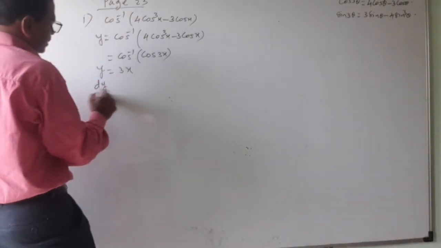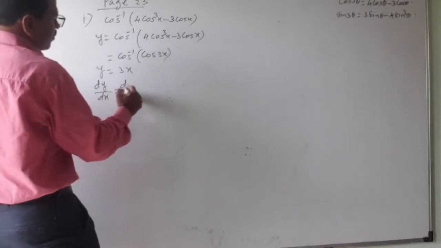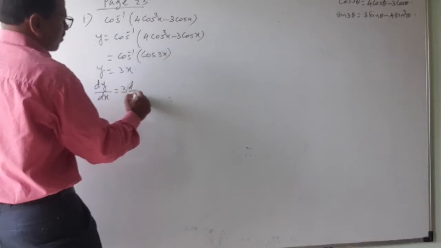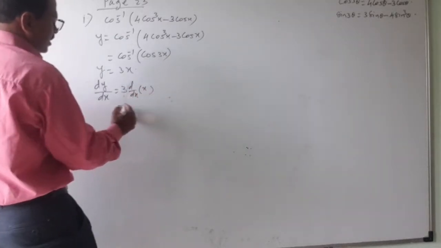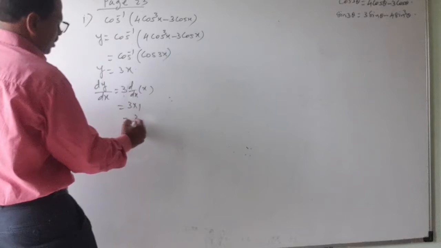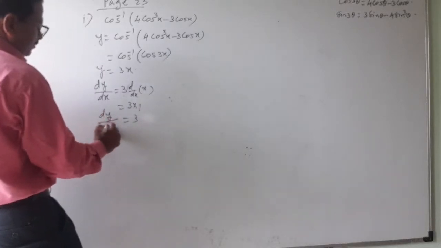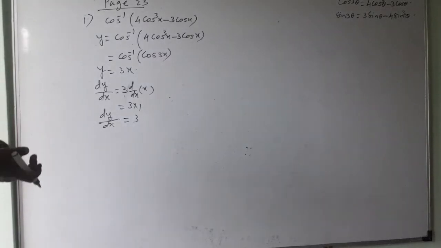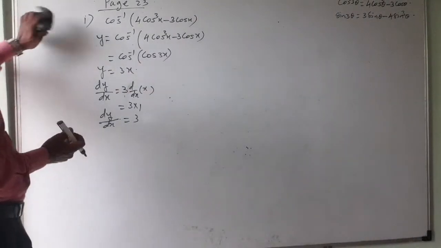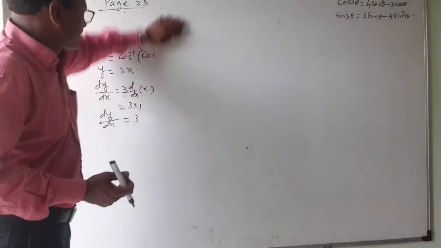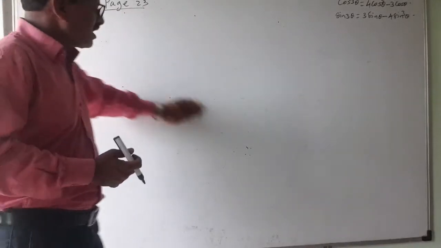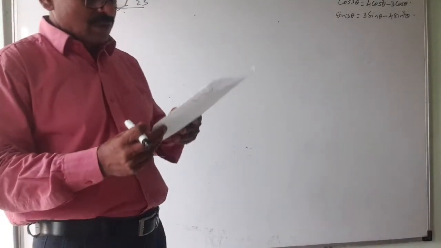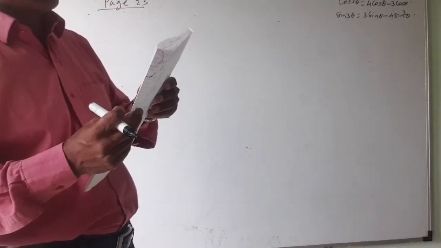Now cos inverse cos cancels, and that is equal to 3x. dy by dx is equal to d by dx of 3x. I will write it like this: 3 into d by dx of x, because 3 is a constant. That is equal to 3 into 1, that is equal to 3. So dy by dx is equal to 3. Hope that this is a simple sum. You won't like to take a screenshot of this. This is a very simple sum. But why I am solving it is to tell you how it has come. I don't want to waste time in videos discussing such very simple questions.